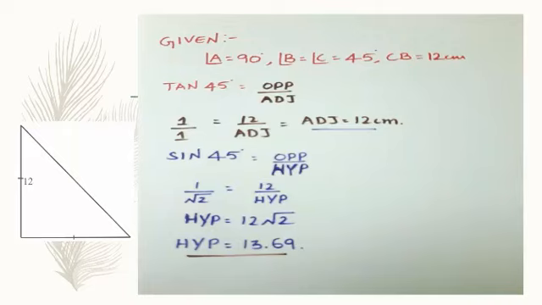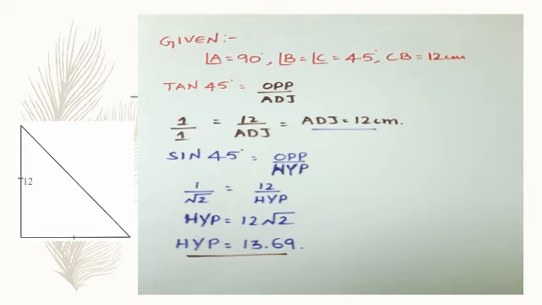So what is given here? It is given here that one of the angles is 90 degrees, that is angle A is 90 degrees, and angle B and angle C are equal because it is an isosceles triangle. So they are equal to 45 degrees. Two sides are equal and two angles are also equal. The two angles are always equal to 45 degrees itself. One of the sides, that is the opposite side CB, is given, it is 12 centimeter.